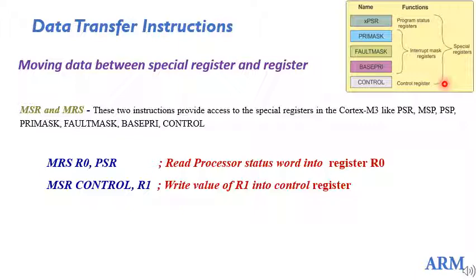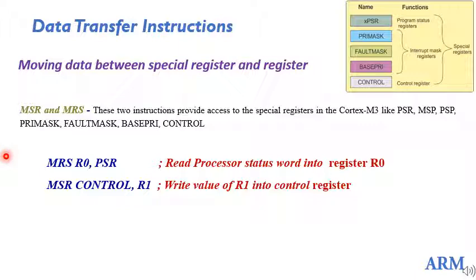The two special instructions are MSR and MRS. MSR stands for writing to the special register and MRS corresponds to reading from the special register. The names of these instructions are slightly confusing. What you can do to remember is, in MRS, R comes first. So R stands for read. So MRS is to read from the special register, and the other one, that is MSR, is to write to the special register. I'll explain this with an example for each.